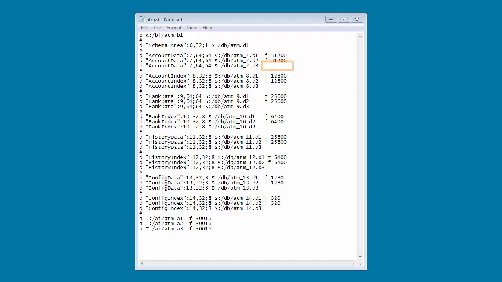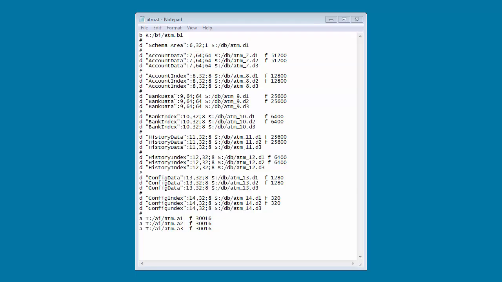The fourth best practice of database design is to choose the best allowable number of records per block for each storage area. To do this, you must identify the mean record size for the representative table of the area, calculate the optimal number of records per block, and then pick the best allowable number of records per block for the area. In our example, based on our calculations, we picked 64 as the best allowable number of records per block for the account data area.